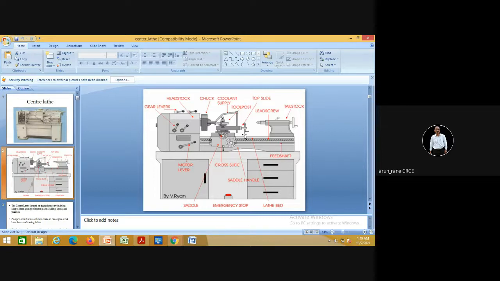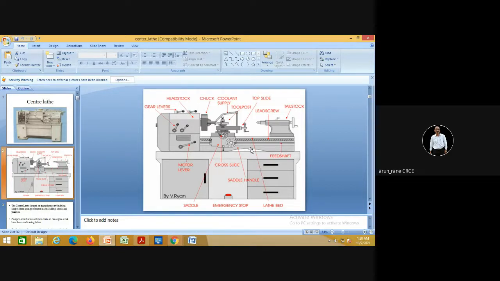The compound slide is used when you want to do a small amount of taper, small taper turning. So altogether, you will have three movements over here: one is longitudinal, then cross, then compound, plus this tailstock. So four movements.